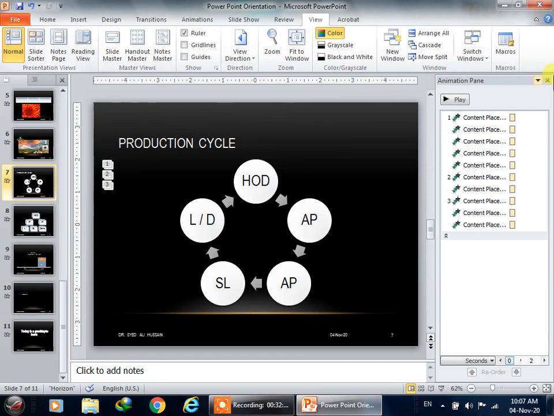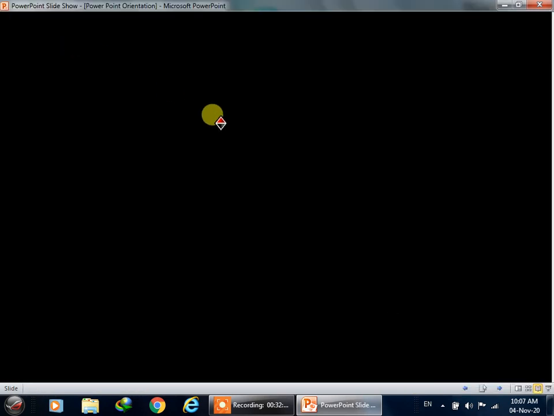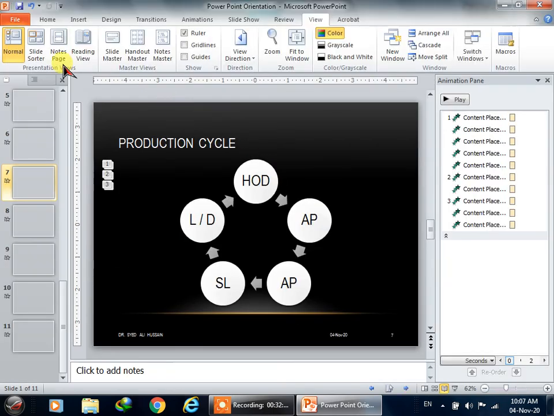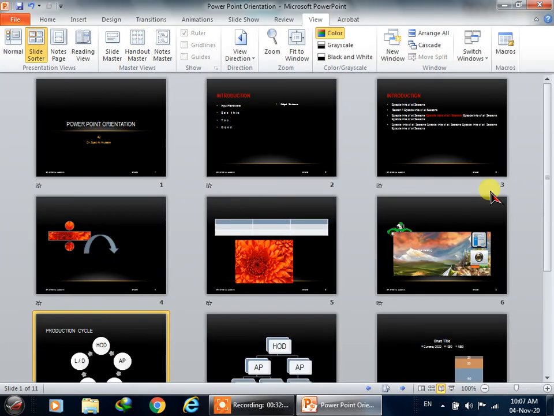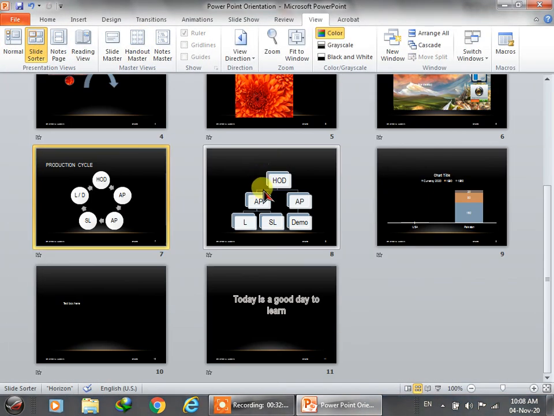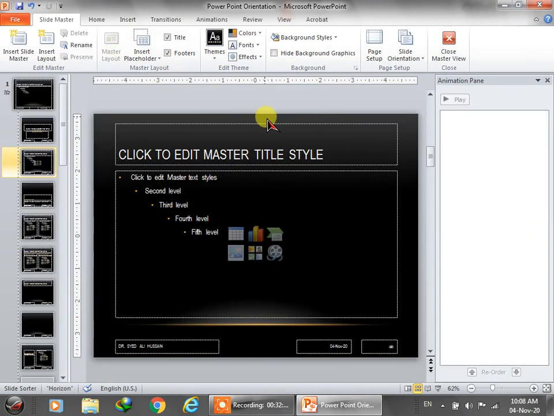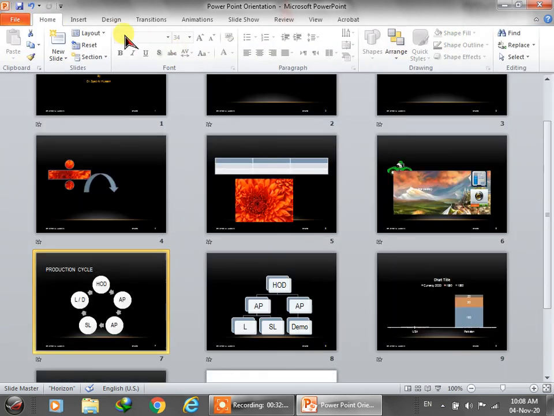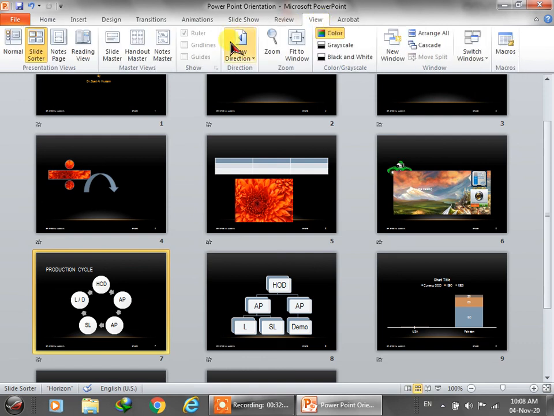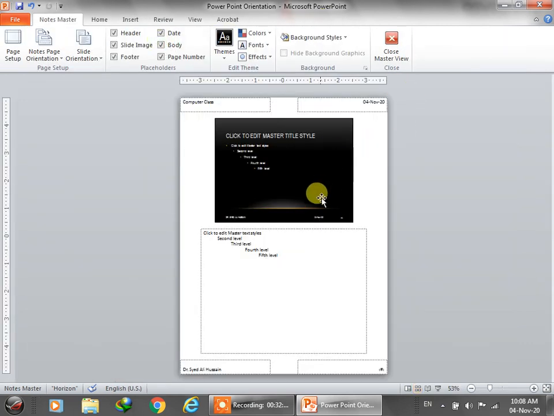In the view section, you can see these, for example, reading view if you want to read, or this is called the slide sorter if you want to sort the slides, or this is slide master. Let's say we have to close this and click the view, and notes master. So this is